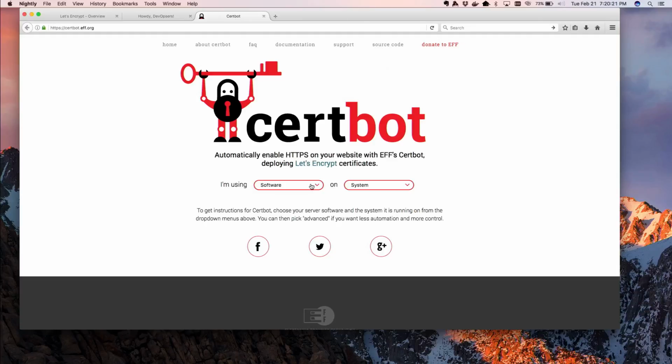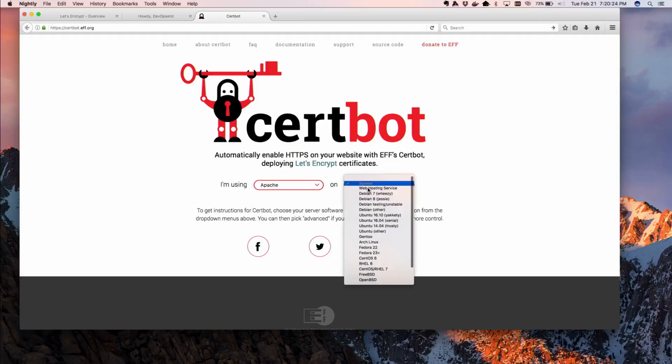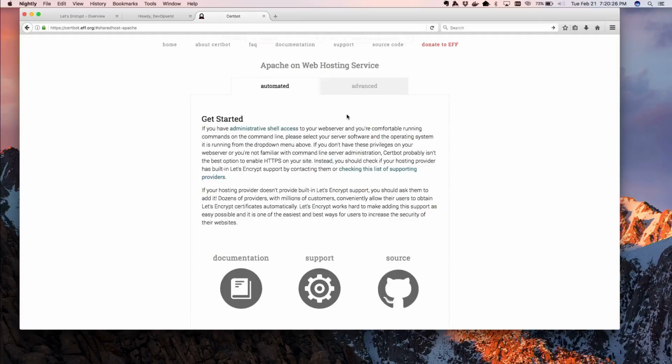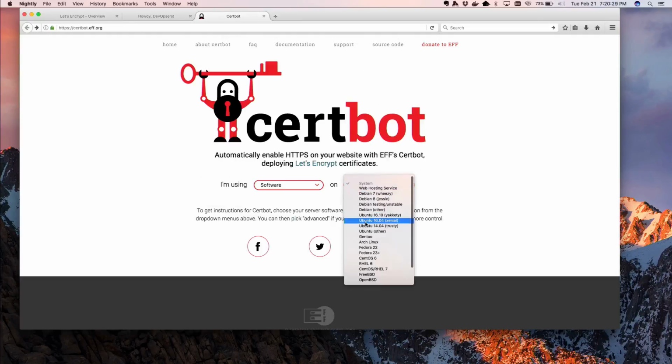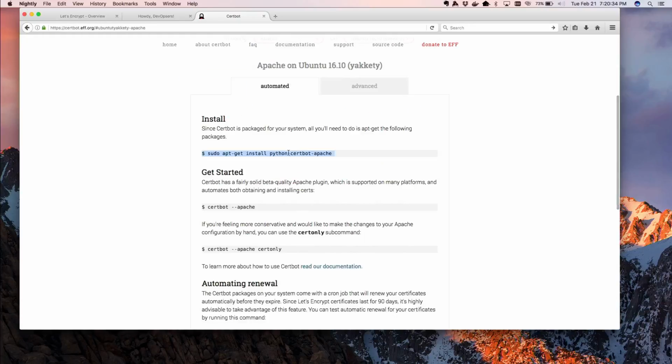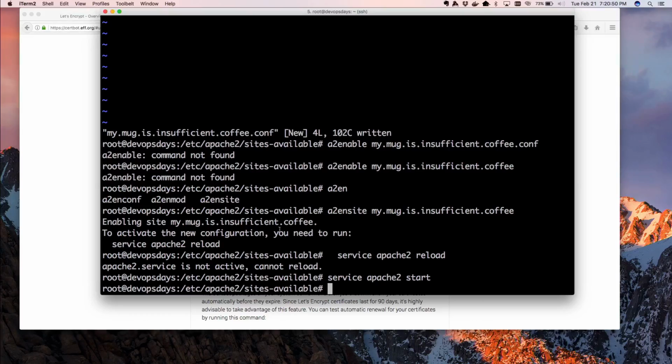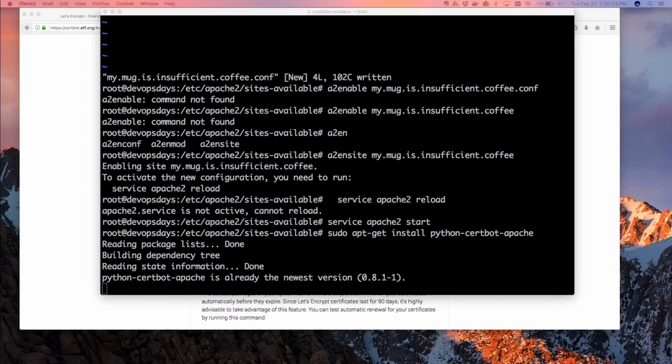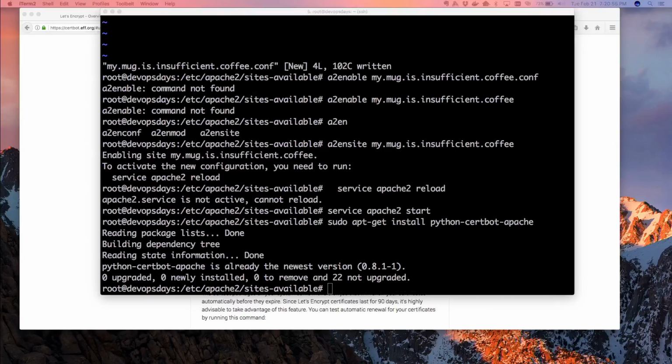It's got a very helpful little thing here that says, I'm using Apache on, in this case, this is Yakety. So it says, hey, you should go sudo apt-get install python-certbot-apache. All right, well, we can do that, except that, of course, this is Yakety, so I should be saying sudo apt, but clearly the website can't be always up to date. So anyway, yep, I cheated. I already installed it just in case. So let's play with this thing.